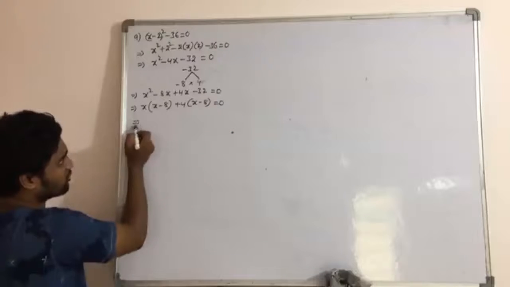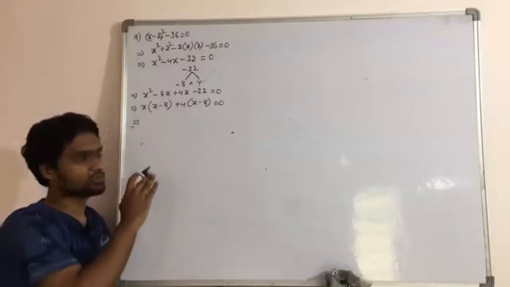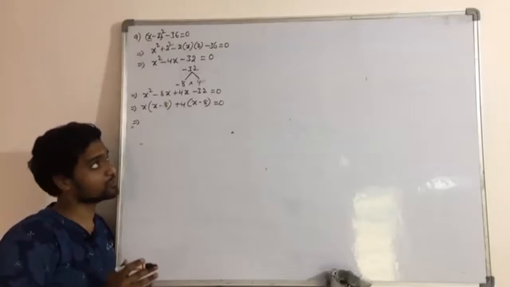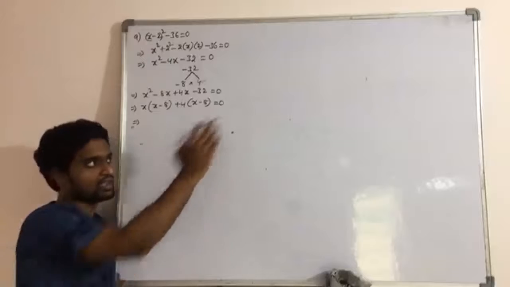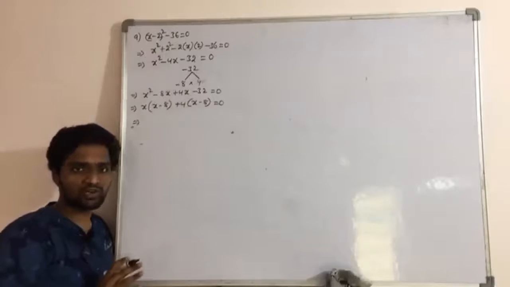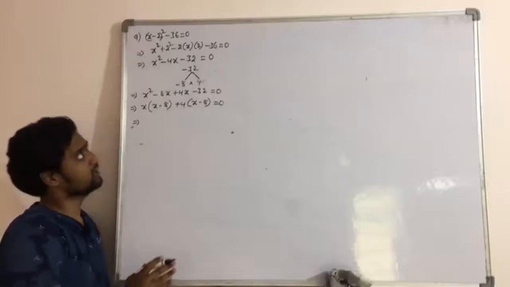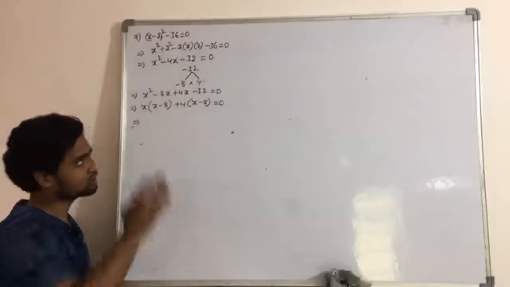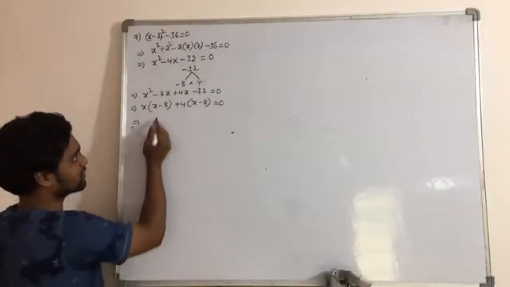See, these are direct solving questions, right? There are no variable terms in the denominator here. Are there any variable terms in the denominator? No, which means no need to write the condition. Unlike the previous one, in this question, no need to write the condition. Okay, simple one. All the terms are present in the numerator itself. There is no common term to cancel. So it's a simple solving quadratic equation.